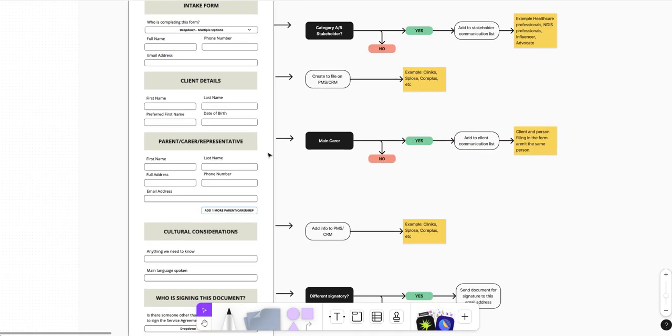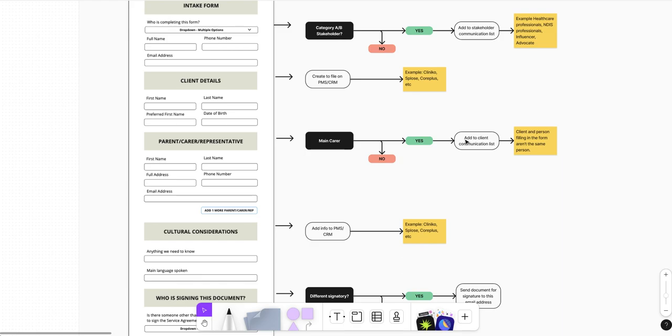As I said, the person who submits the form can be different from the person who cares, such as a parent of the client or the participant. So it's important to have them recorded and tagged in a different way, so that if there is any information related to the service, you can be sure it reaches the right person.